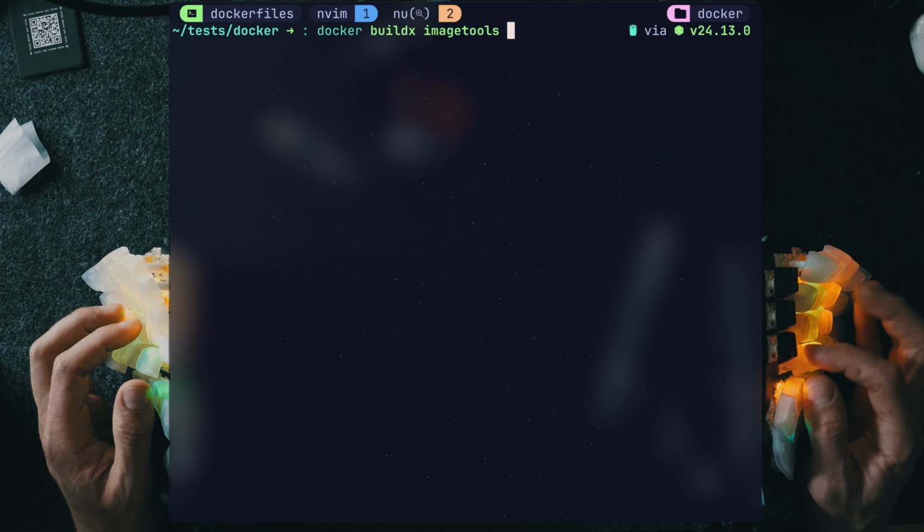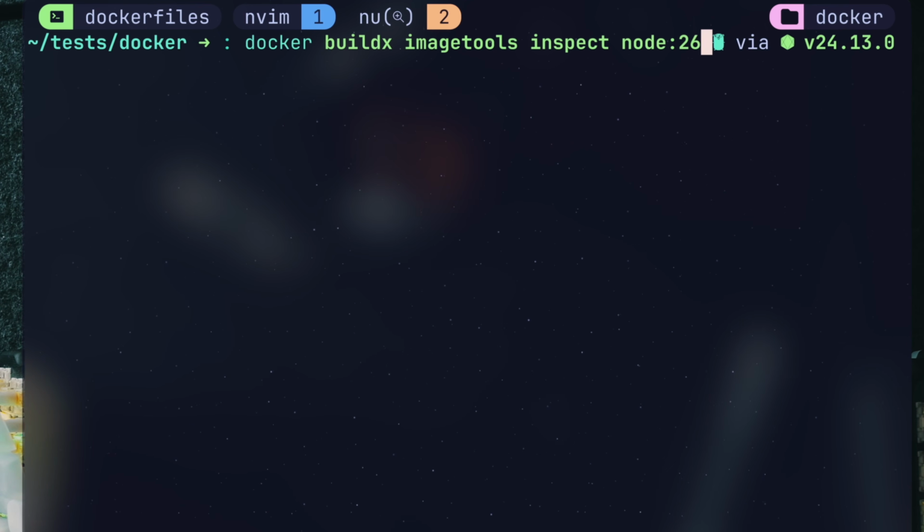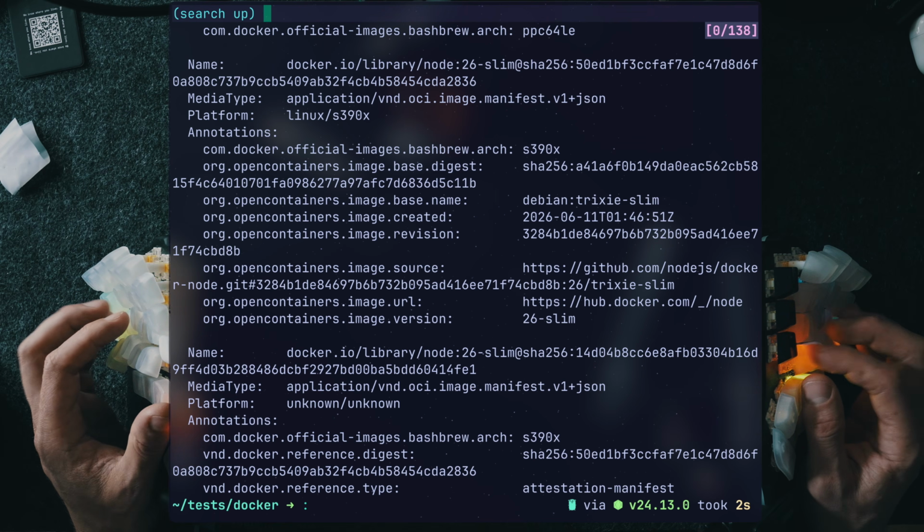Now, the next bit, I've seen so many engineers fail to get, I just had to show it. I'll call it digests over tags. Let me explain. When we use a tag like node26 slim, we usually get what we want, but tags can move. Tomorrow, this tag, just like latest or nightly, can be moved over to a different build, whether by accident or on purpose.